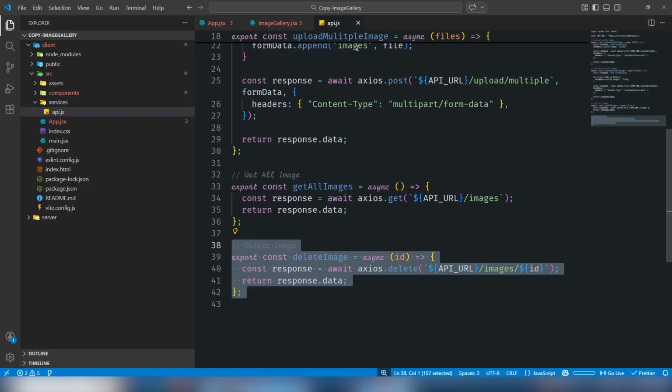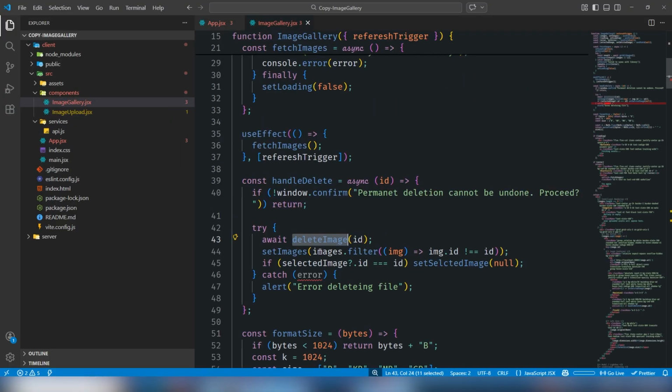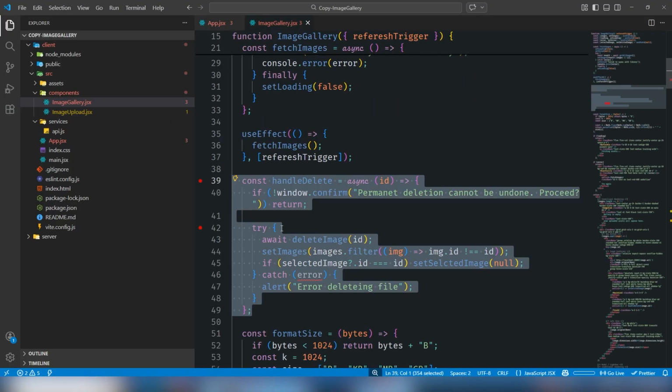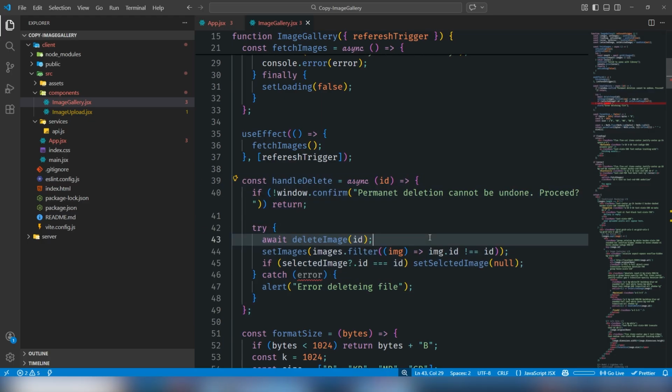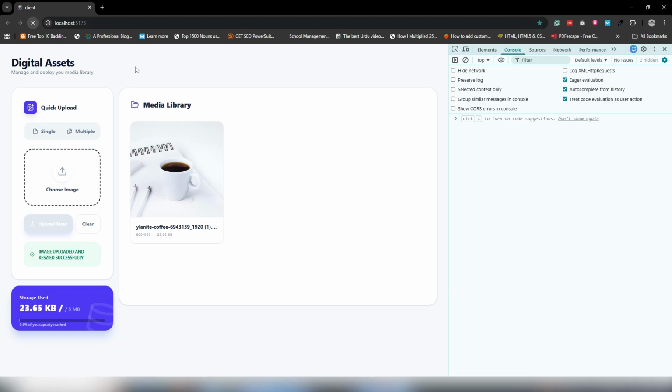The delete image function is perfect. So I think something is wrong inside this one. Okay, guys, the problem is image underscore ID. By the way, this is the database ID, so I think